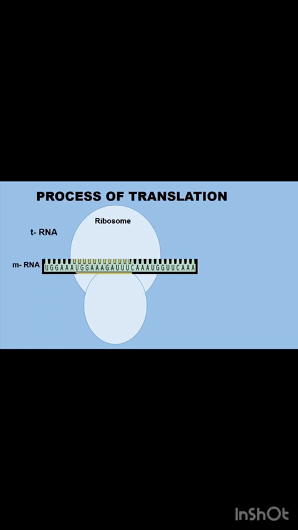Next, we have the tRNA, the transfer RNA. Remember, the purpose of the tRNA is to bring the specific and required amino acid into the ribosome. Now there comes the structure of the tRNA. The tRNA comes and attaches also to the ribosome to bring those specific and required amino acids. Remember, the tRNA carries the anticodon, while the mRNA carries the codon. When the tRNA attaches to the ribosome, its anticodon matches the codon of the messenger RNA, and then it brings